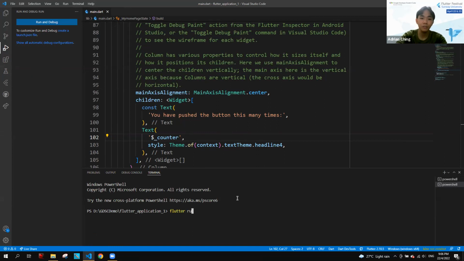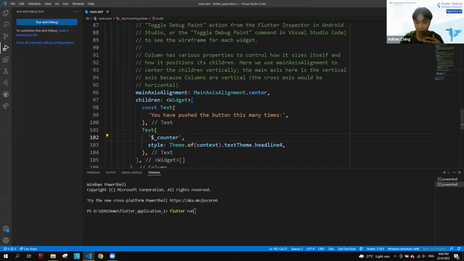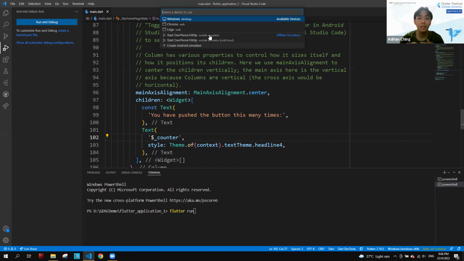But before we run this command, first go over to this bottom right side corner over here, click on this, and it will show you all of the different devices. So a Flutter app can run on mobile, can run on desktop, can run on Chrome, right? Okay. In this particular workshop, I'm not going to run it on an emulator because it's going to lag my PC, like my PC is going to hang and stuff like that.